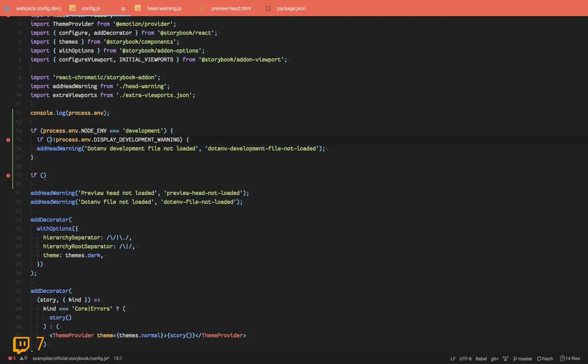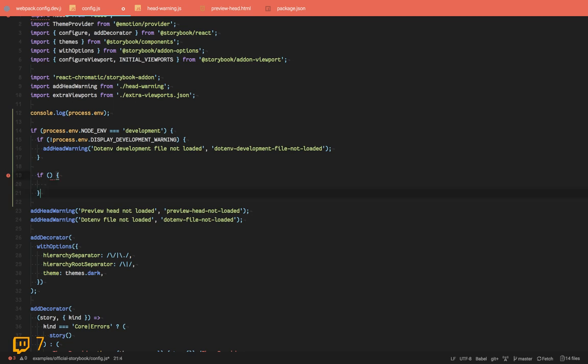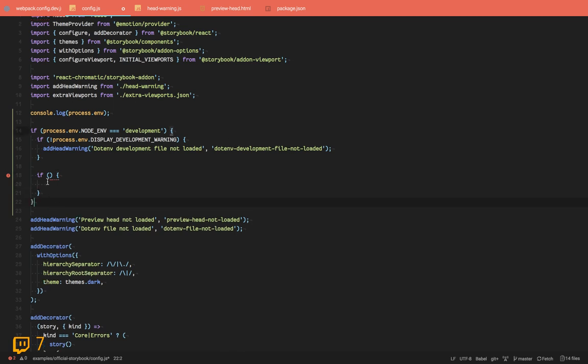Yeah, if you feel like nesting if statements, preferably over repeating them, I'm fine either way. If not process.env Storybook display warning, then we add head warning,